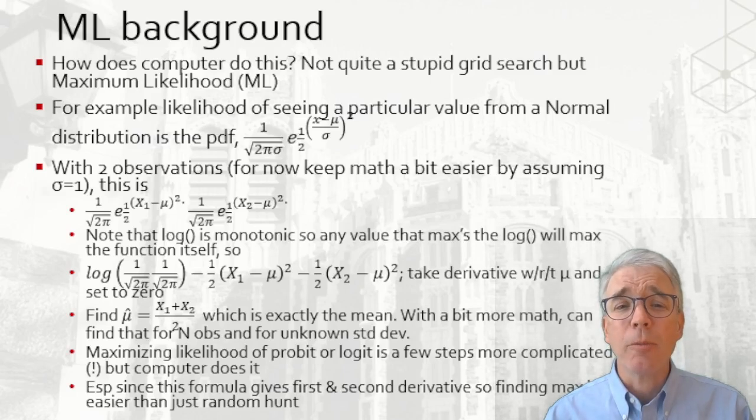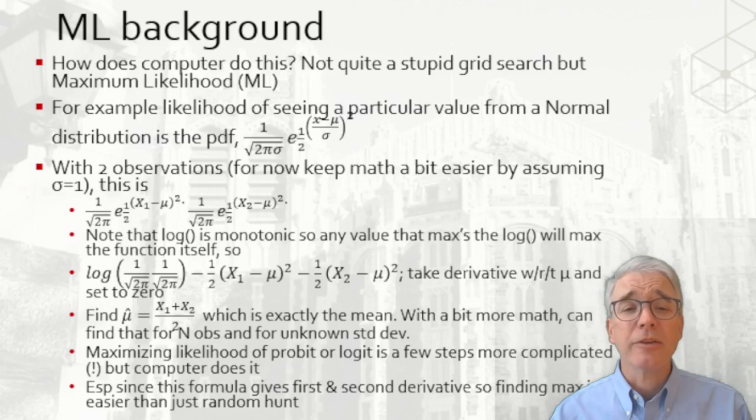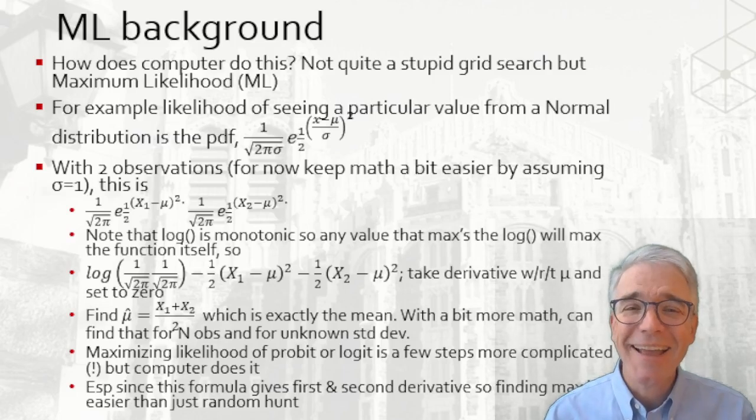Deal with that exponent by taking the log. The log function is monotonic, so any value that maximizes the log of a function will also maximize the underlying function itself. Take the log, which gives a bunch of constant terms that drop out, and minus 1/2 (x minus mu) squared. Then, as you remember from calculus, whenever you want to find a maximum, you take the derivative and set it equal to 0. Derivative with respect to mu, set that equal to 0. With some algebra, find the best estimate of mu is (x1 plus x2) over 2, which, hey, that is exactly